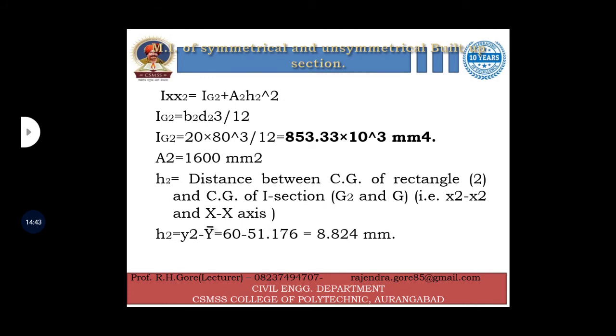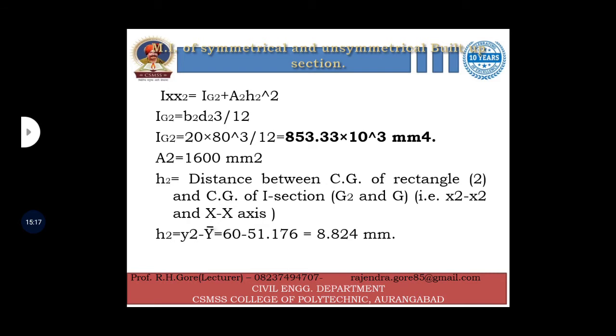Same way for rectangle 2, Ig2 plus A2H2 square. Ig2 is B2 D2 cube by 12. So 20 into 80 cube by 12, 853.33 into 10 to the power 3 power 4. Area 1600, and H2 is the distance of CG of rectangle 2, that is x2 axis, and distance of CG of I section means